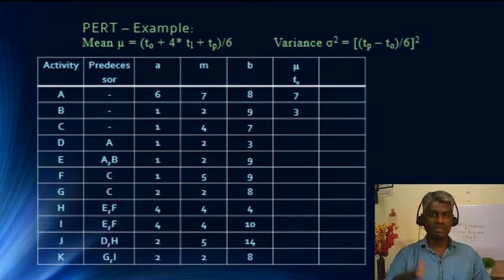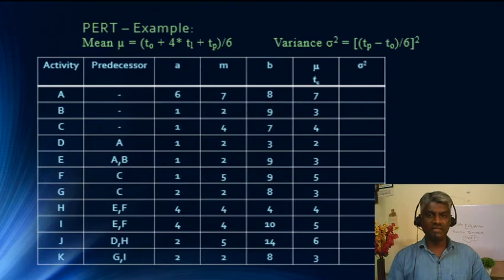Similarly, we are going to calculate the time of completion of each activity from C to K using this formula, and we are going to arrive at the values. Now, to find the probability, we are going to find the variance of each activity. Variance of each activity, the formula is sigma square is equal to (TP minus TO divided by 6) the whole square. So TP for A is 8, and